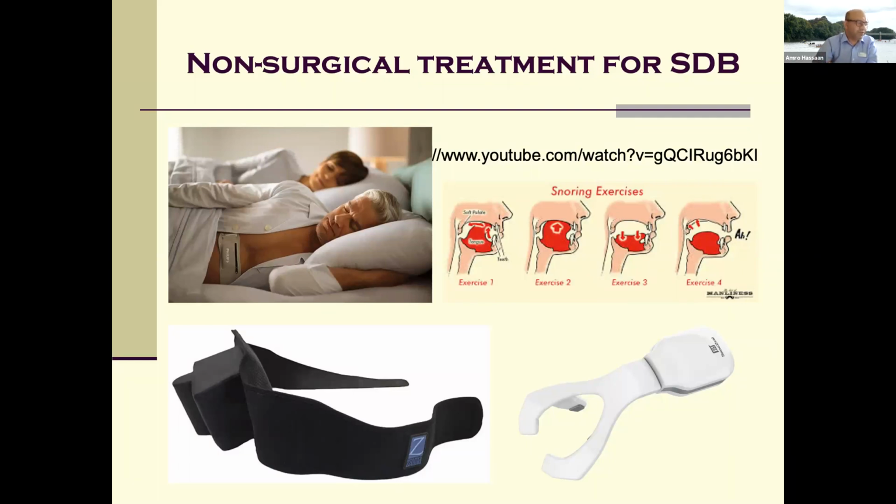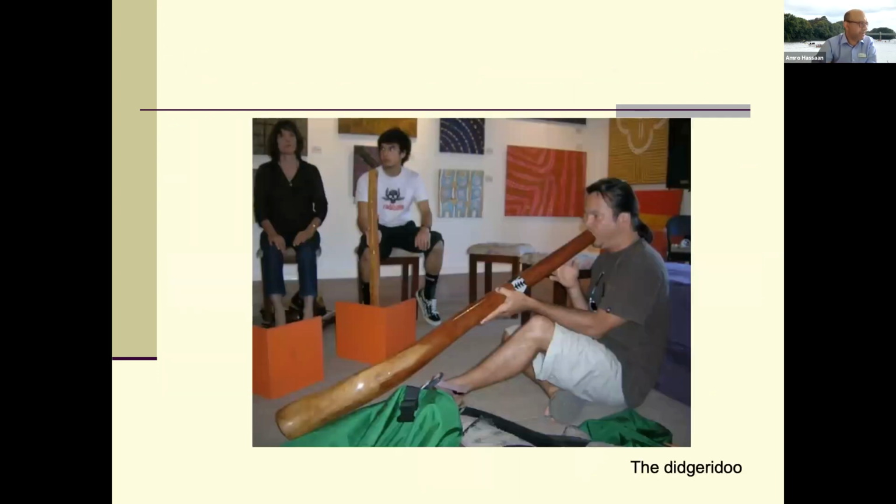What's going on at the moment is we're seeing what the long-term effects of this are. Does the effect carry on, or do you need to use it regularly? And if you need to use it regularly, how often? At the moment, we're looking at about twice a week in the long term. This is a didgeridoo, which made headlines in the BMJ for being something that treats snoring and obstructive sleep apnea at one point, many years ago. What it does is it strengthens your pharyngeal muscles.